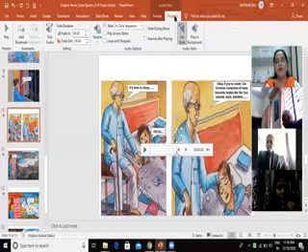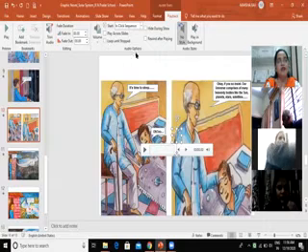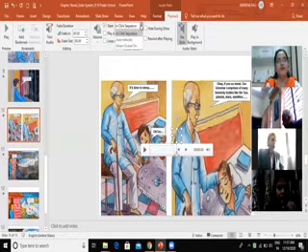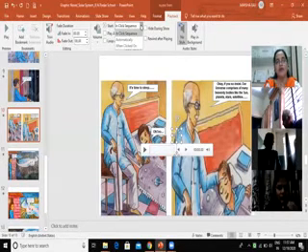So I'll choose this playback tab, and from here, you will see in the audio options, in the start, I have three options: in click sequence, automatically, and when clicked on. Now I want this dialogue to start automatically when this slide appears.